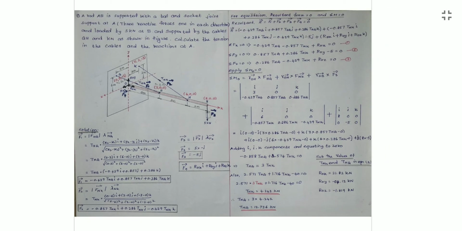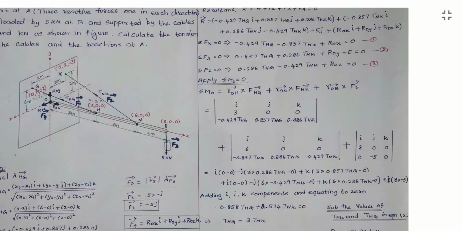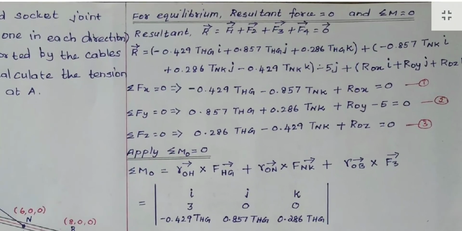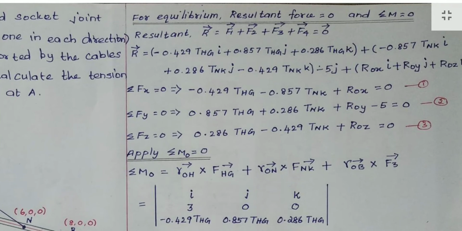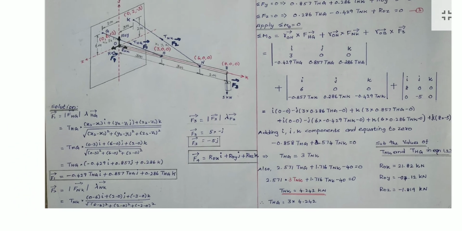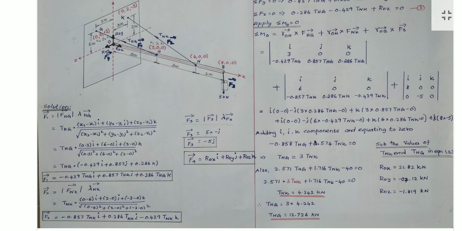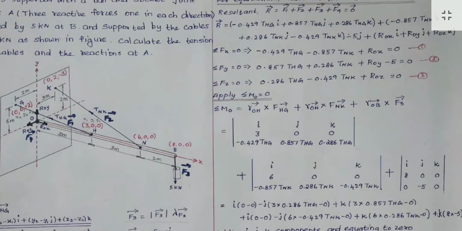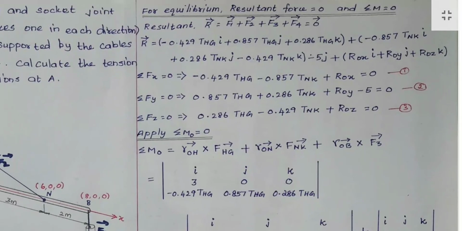Then how we will solve means we will solve using the equilibrium conditions. What is the equilibrium condition? We know equilibrium condition means, for vectors, add all the force vectors and equate it to 0. Resultant is equal to 0, right? So F1 vector we already found, right? So F1 vector put here. This is the F2 vector, F3 vector and F4 vector. We already found, right? So we see the diagram. So substitute in the formula: F1 vector, F2 vector, F3 vector and F4 vector.